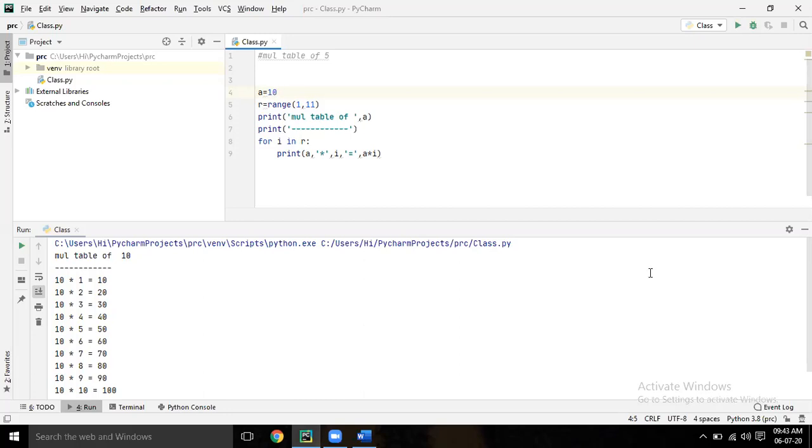Okay, sir. If I want the 1 to 10 tables, can I change it somewhere here? Again, that is your homework. Now you think. First, I used a while operation like that. Now what to do? You have to do multiple for loops, a for loop within a for loop. This one you have to keep inside another for loop, so that first time it goes for the multiplication table of 1, next time for the multiplication table of 2. You understood? First the table starts with one, and again multiplies.